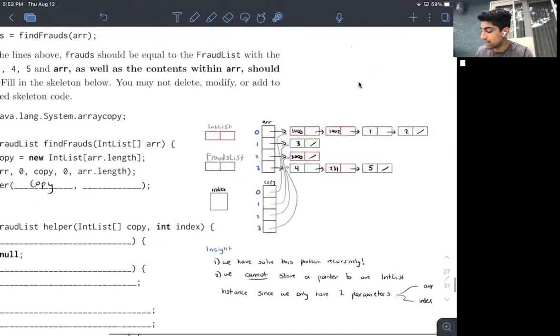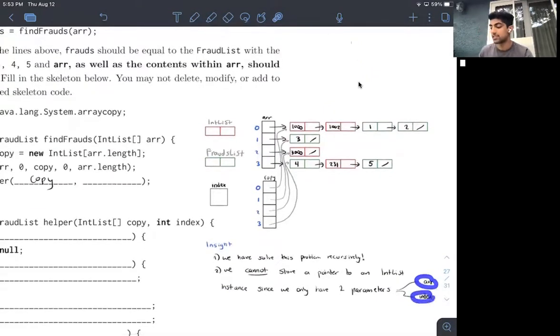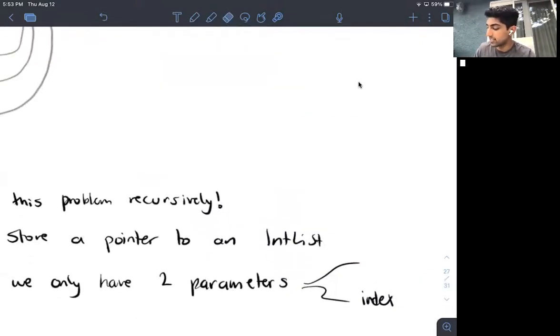All that we have is we have an array and we have an index. But one insight that we can get is that we don't actually have an array, we have a copy of the array.